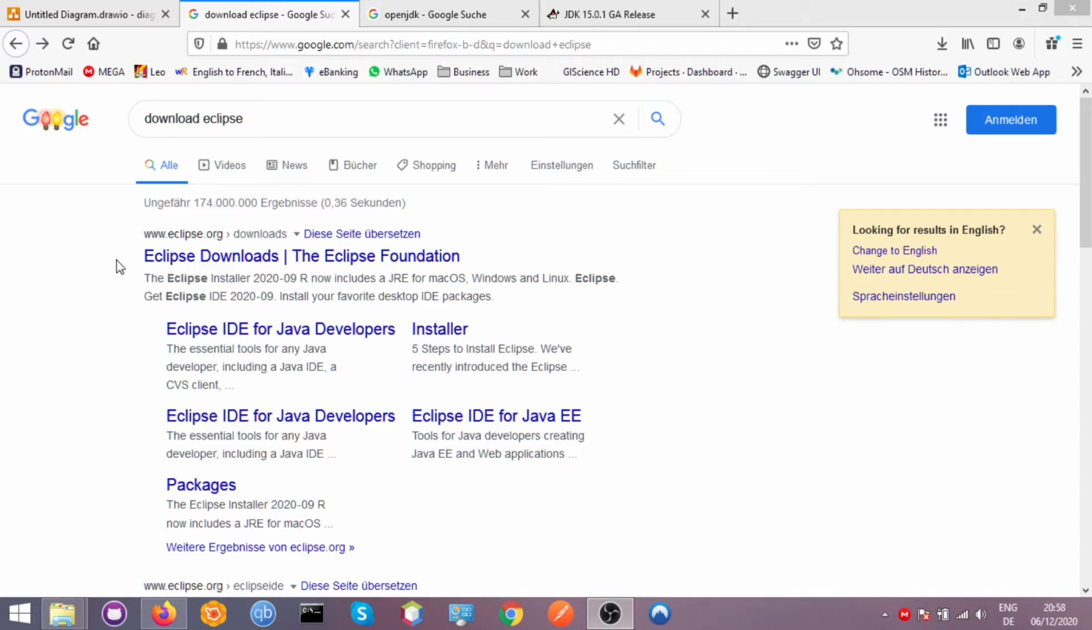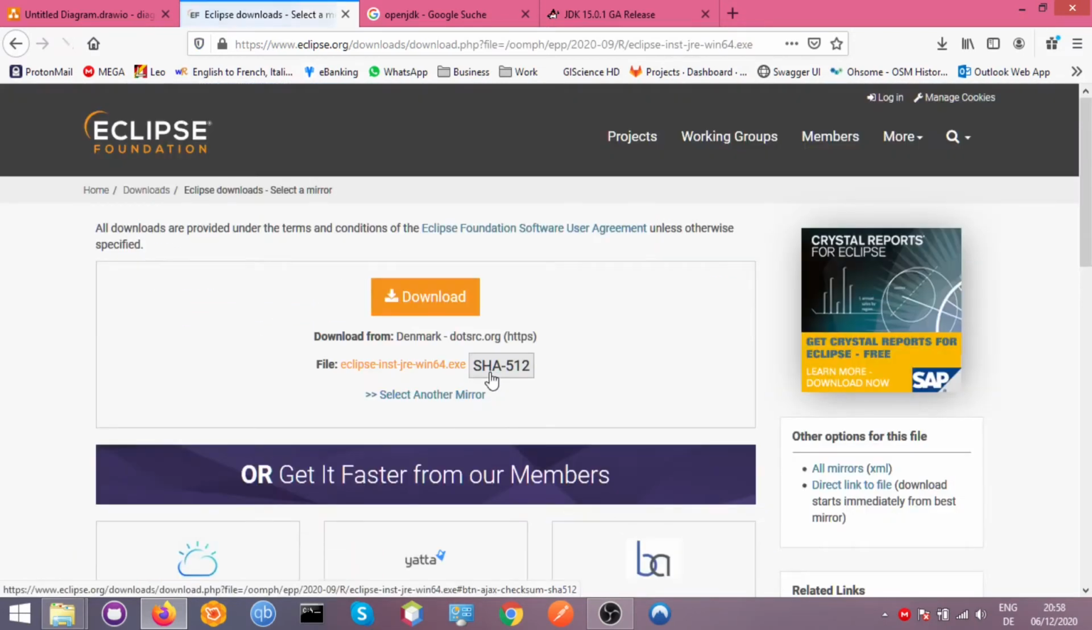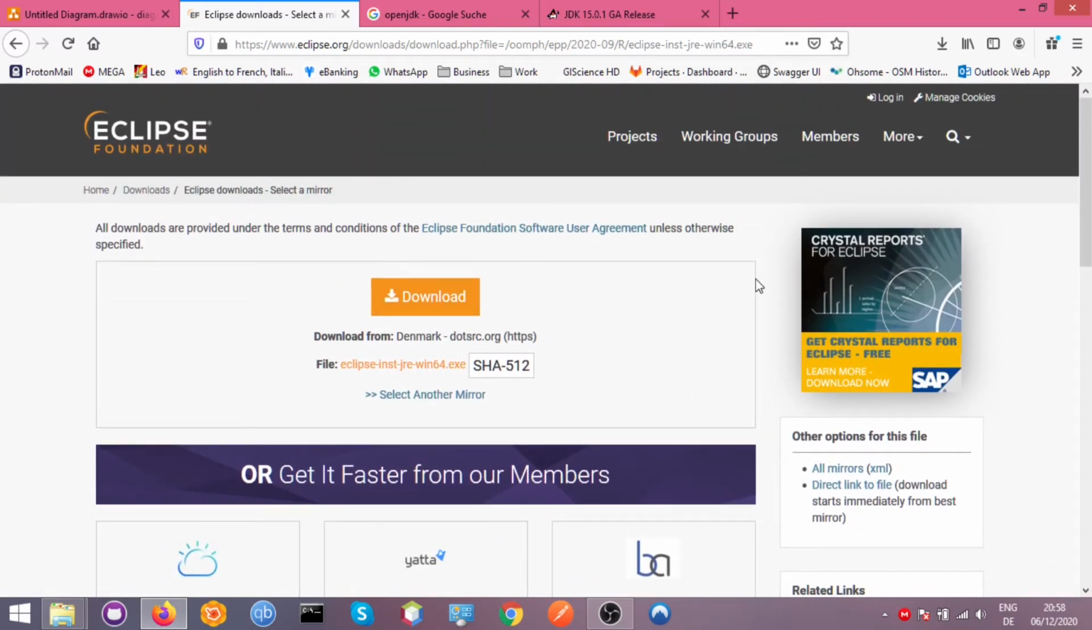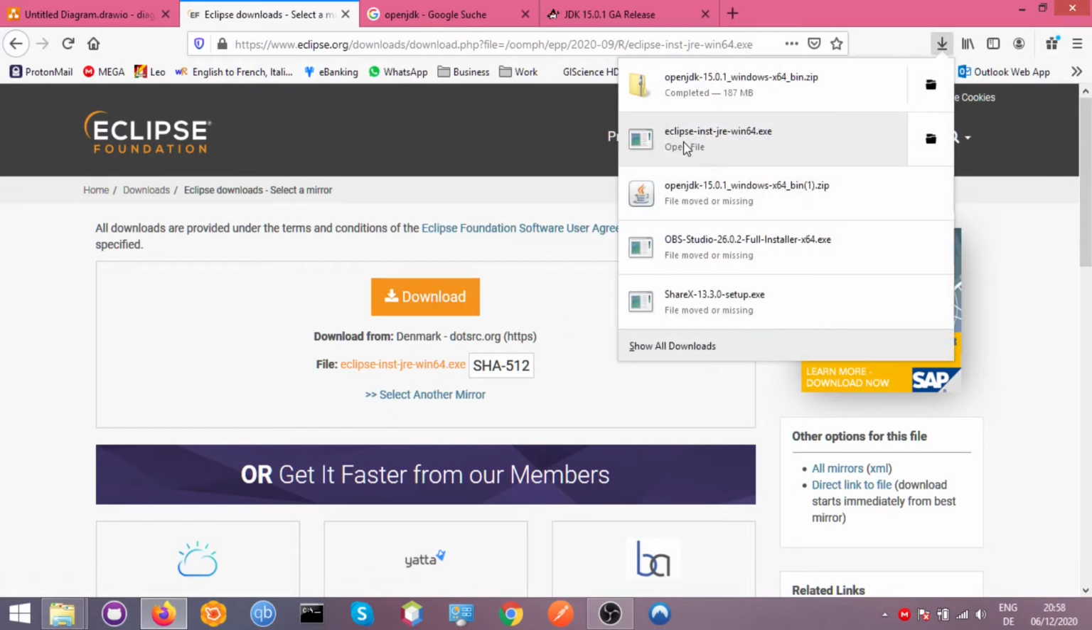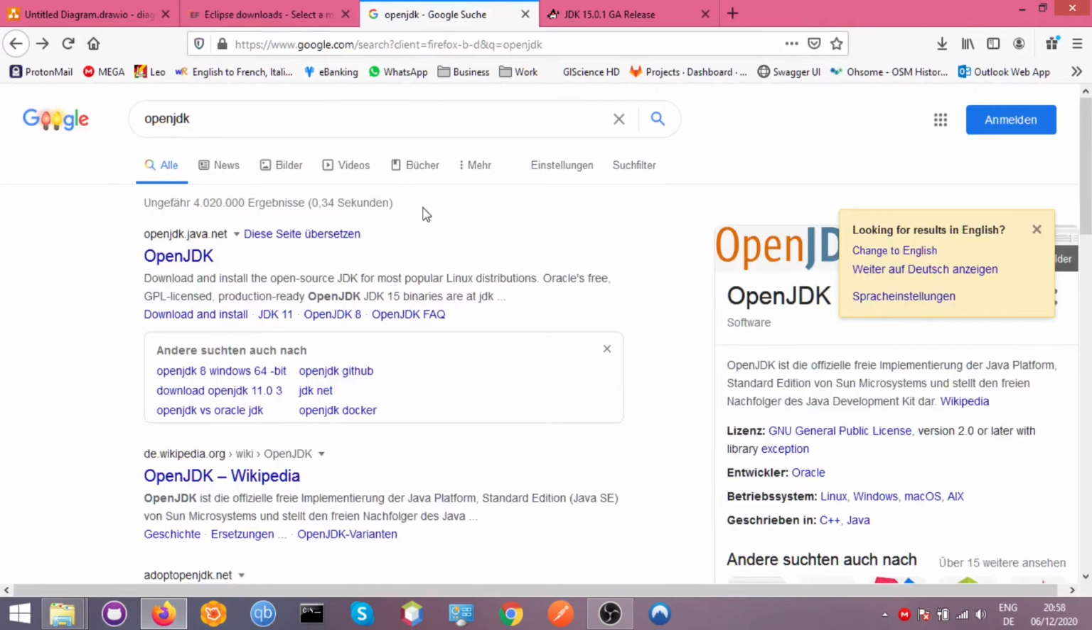So first of all, we click on Eclipse download. I searched for download Eclipse on Google, and then download, and then in this case also download. Of course, the web page will see if you are using Linux or Mac, and then show you the right file. In this case, I click on download. I already downloaded it, so I don't need it now. You can see it here. And then the second thing that we need is actually Java, or like I said, the